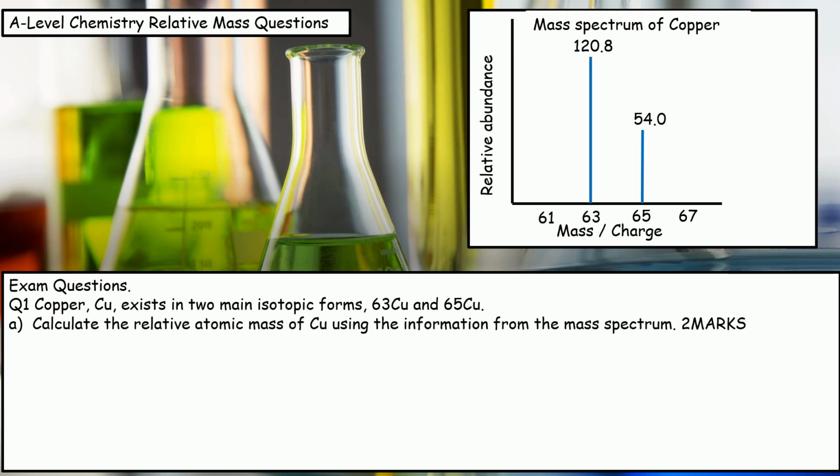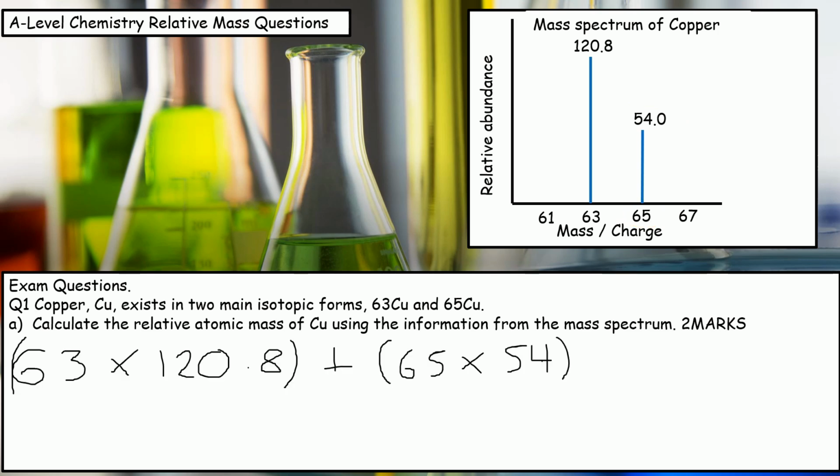Okay, the answer for A, calculate the relative atomic mass of copper using the information from the mass spectrum. First, we want to highlight the relative atomic mass of each isotope, so 63 and 65. We need to individually times them by their abundance, so 63 times 120.8 and 54 times 65, and that's going to give us